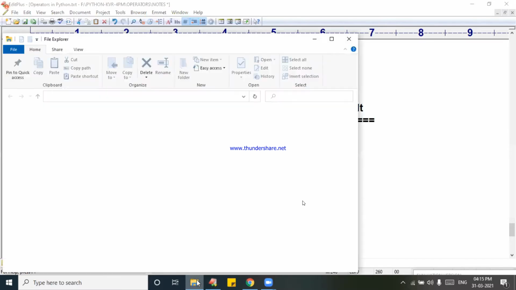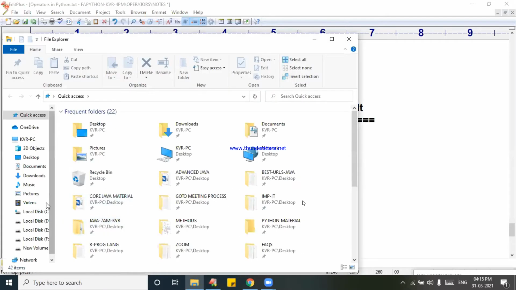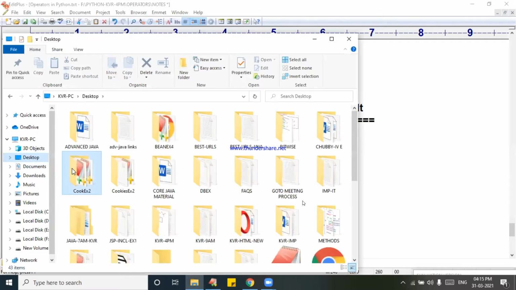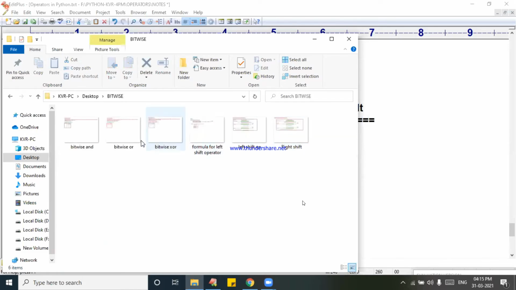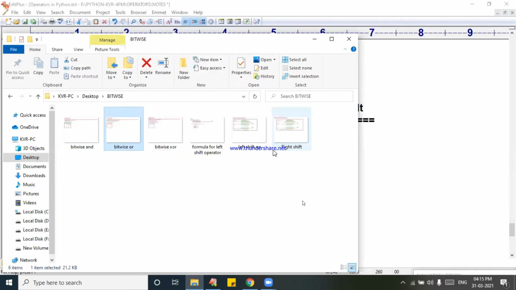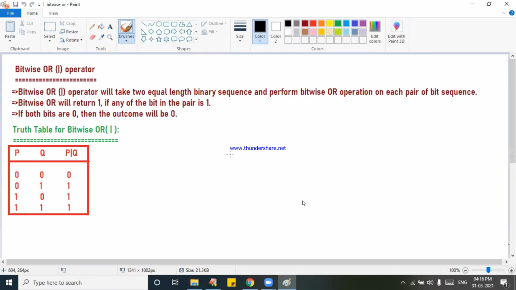You just look at once. Here I am having one simple operator, bitwise OR. Try to observe carefully.